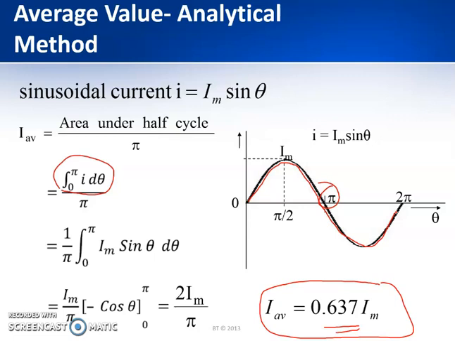Now we have seen how we can find the RMS value and the average value using the equations, and what we have done so far is for a sinusoidal waveform. In the next lecture we will see different factors related to the average values and the maximum values, and then we will look into numerical problems on how to find the average and RMS values of waveforms other than sinusoidal. Thank you.